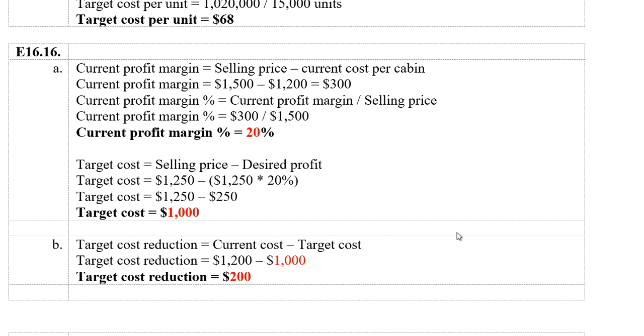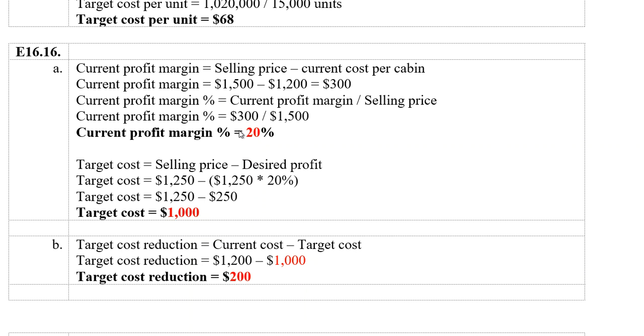Here, they have at present a selling price and a cost for each one of their people who go on a cruise. They're selling them for $1,500, and the cost is $1,200, and so that means they have basically a profit margin of $300. So if you take that $300 and divide it by the $1,500, you're going to get a 20% current profit margin. But see, what happens is